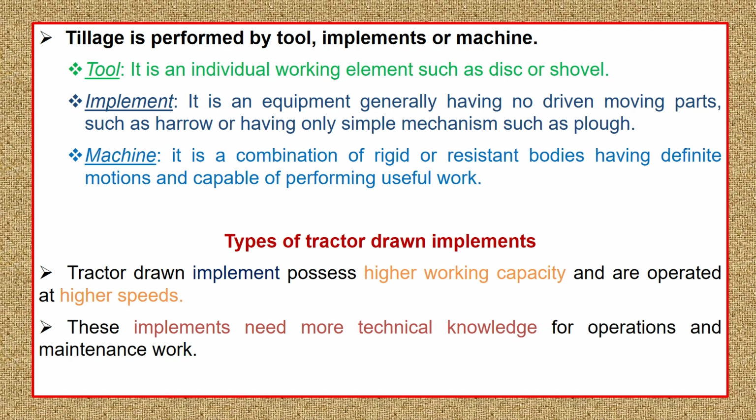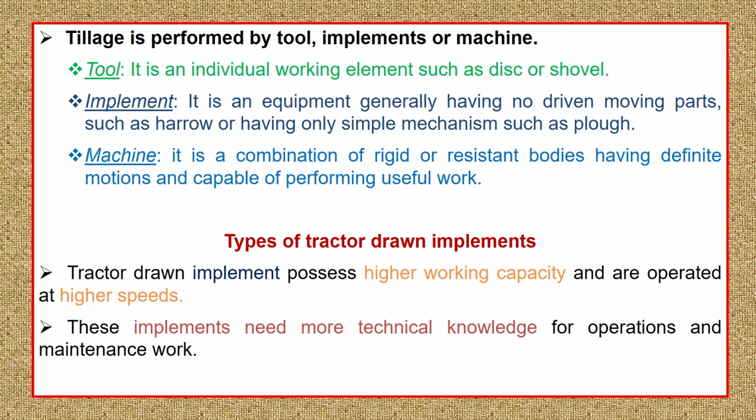At the same time, there is another term called machine. So the definition of a machine: a machine is a combination of rigid and resistant bodies which have definite motion, and they are capable of performing useful work. So here it will have a tool, it will have an implement. They are all combined in such a way that they have a definite motion. They may be rigid kind of bodies, they may be resistant type of bodies, and they all combined together will